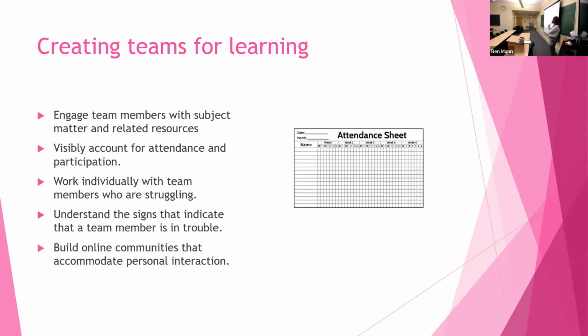Having people who are not doing so well. Maybe you're part of a group where you have a member who's in the corner and not engaging. Reach out to them, help them out, and you notice that maybe they need some additional support. You understand maybe somebody's falling behind, they're not contributing, they're not sharing or offering their perspectives to the group. And then you can also create these kinds of communities, including online, using things such as the chat feature or creating breakout rooms as a way that people can interact one-on-one with each other. The idea here being that when people are working together in a group, as a leader, you can help them to learn from one another effectively.